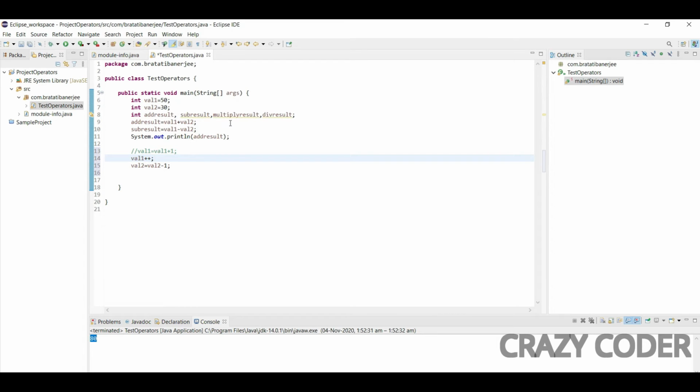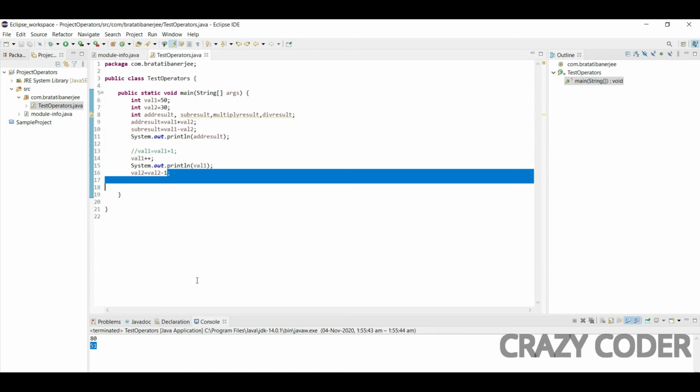I will check if both give the same value. I will print the value of val1 and let's see what it gives. The result is 51, right? Because the value of val1 was 50 and it is incremented by 1. So here we can see that this plus plus works as incrementing a value by 1. Now if I want to decrease the value of val2, I can do the same.